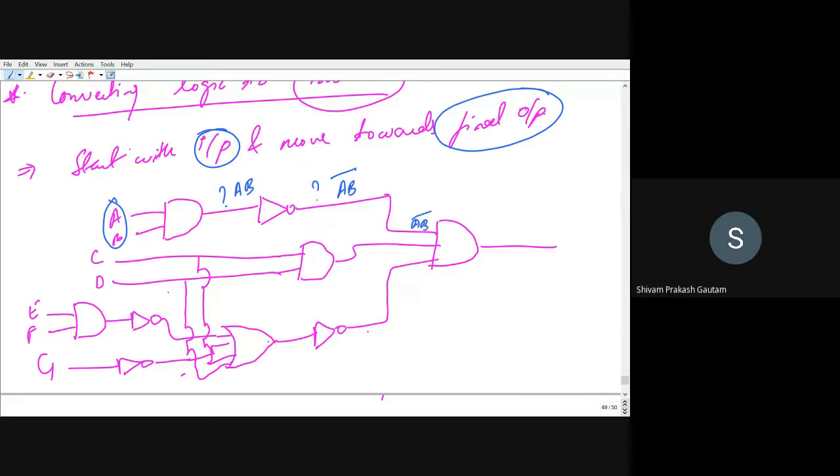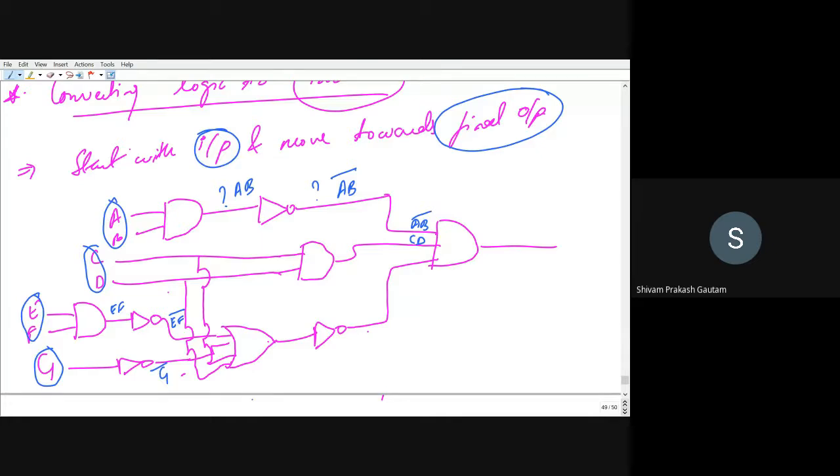Right? So this line we are having AB bar. Let us just wait till here. Now take this line CD. This is AND gate. So what will be here? Simply CD. Any point if you are having any doubt, you can stop me. Now let us take EF. It is flowing through an AND gate. So here it will be E into F. Then it is flowing through an invert gate. So it will be EF bar. So here G is there.